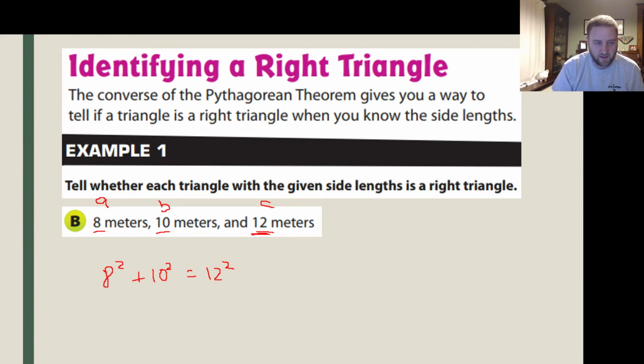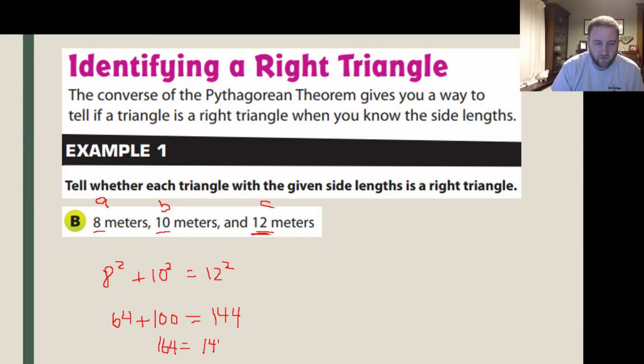Okay, so first, 8 squared. 8 squared is 64. Plus 10 squared. 10 squared is 100. Equals 12 squared. 12 squared is 144. Now we'll add up our first two, a squared and b squared. 64 plus 100 is 164